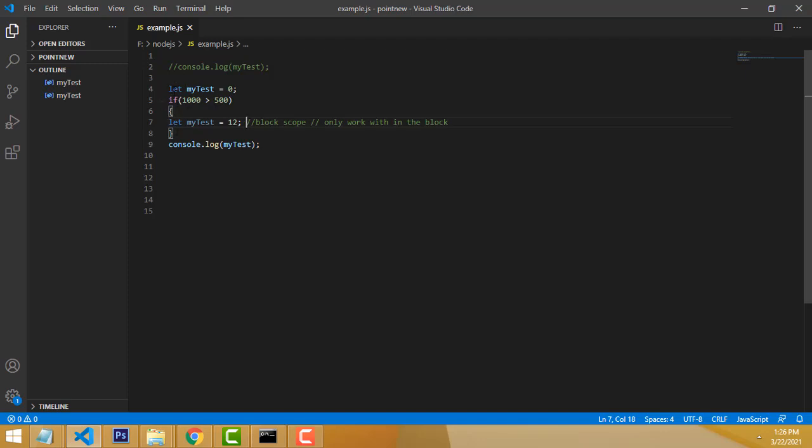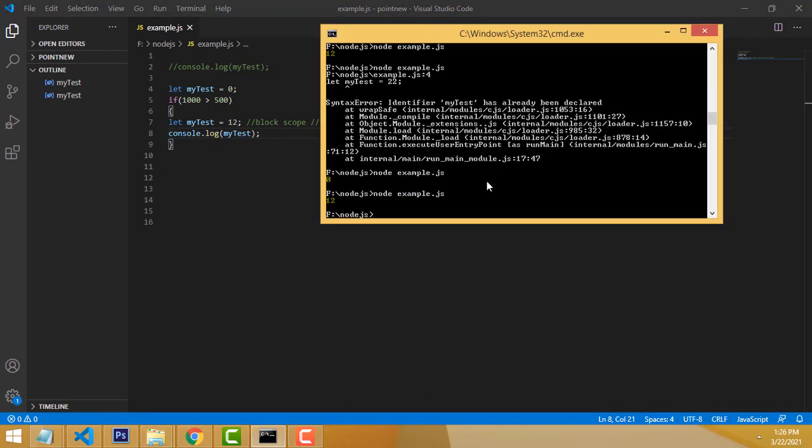Within the block only it will be executed. Block scope only works within the block. That's why, if I write it inside, what will be printed? Now the condition is correct, and 12 has been printed.